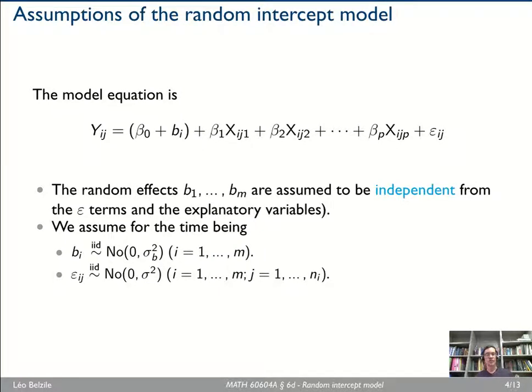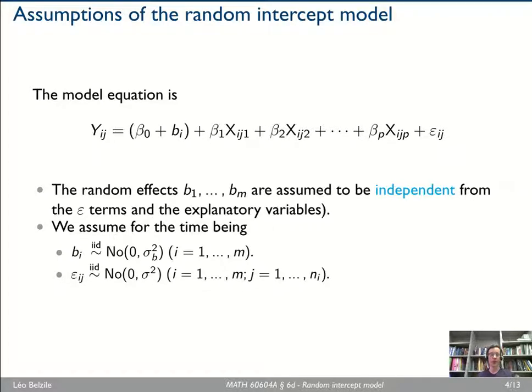So random intercept is a special case of the general linear mixed model we covered in the previous video. Here I have m groups, so I'm just going to denote b1 to bm. These are the individual effects associated to the intercept for each of the m groups. If you think of the revenge data, we have 80 groups. These are 80 such random variables, and I have